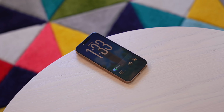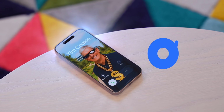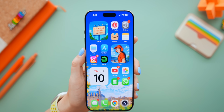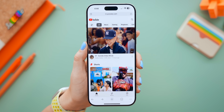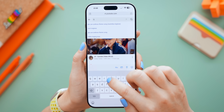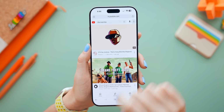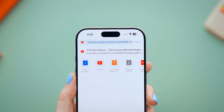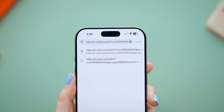Now, believe it or not, but you can finally set your own custom ringtones without having to buy songs from iTunes or Apple Music. It's super hidden, but here's how you do it. First, open up your browser to YouTube and search for whatever song it is you want to have as your ringtone. I went for this GTA Marimba remix, but then you're going to click on the URL and remove the